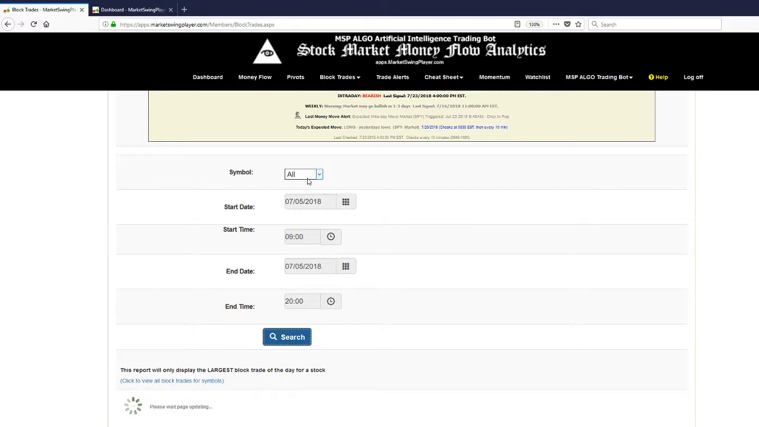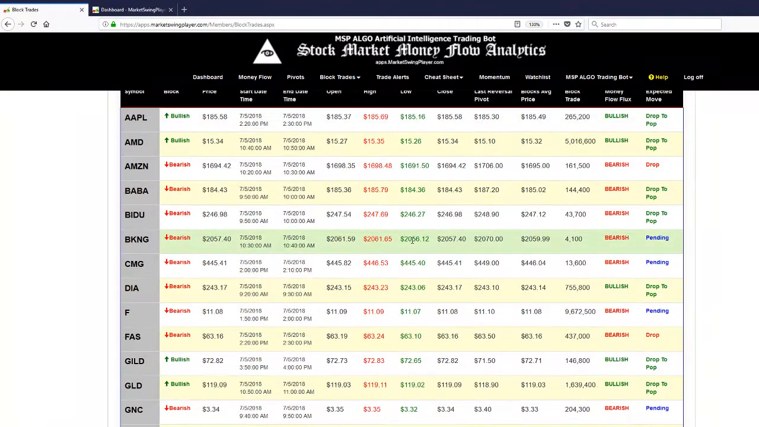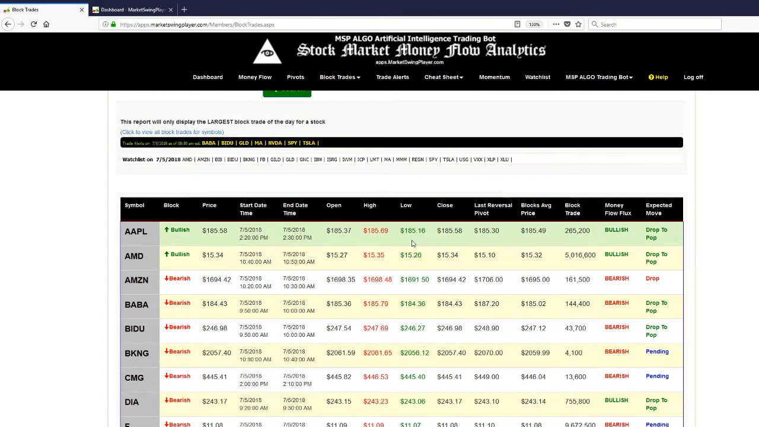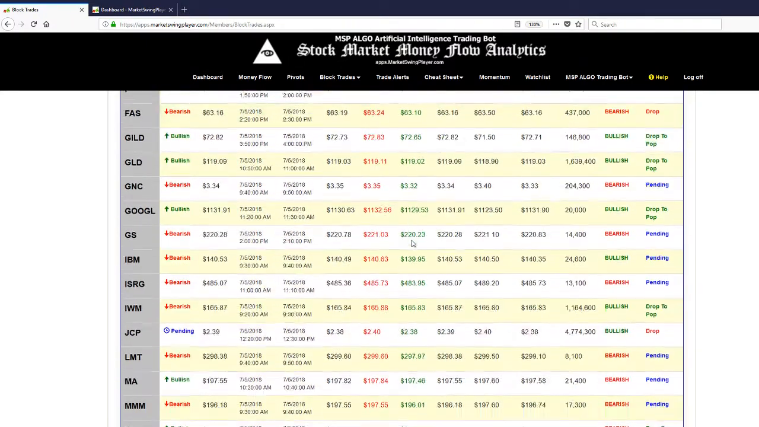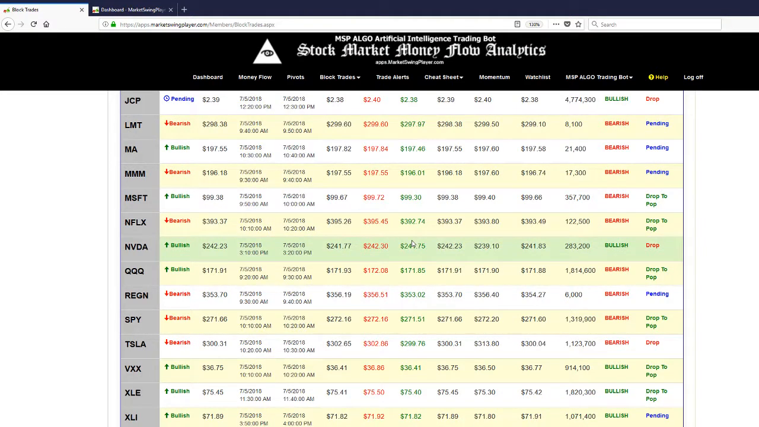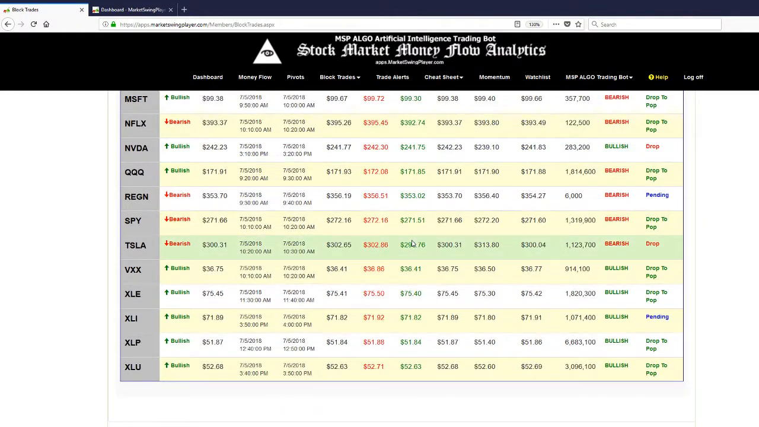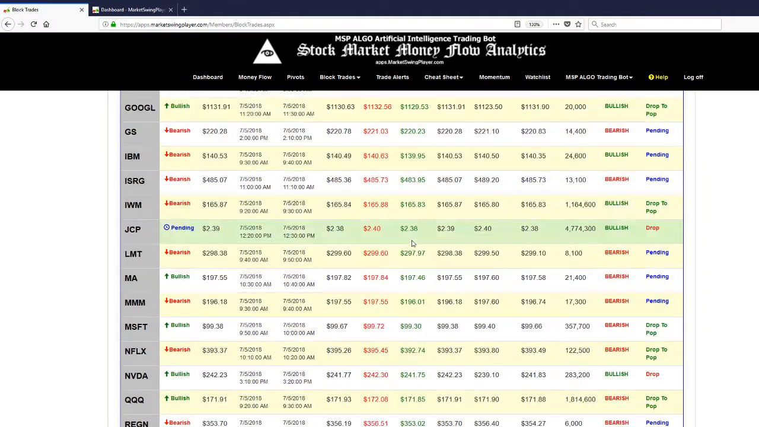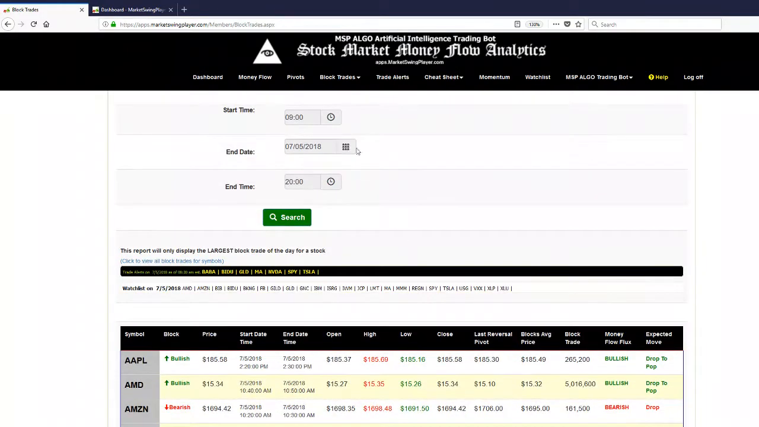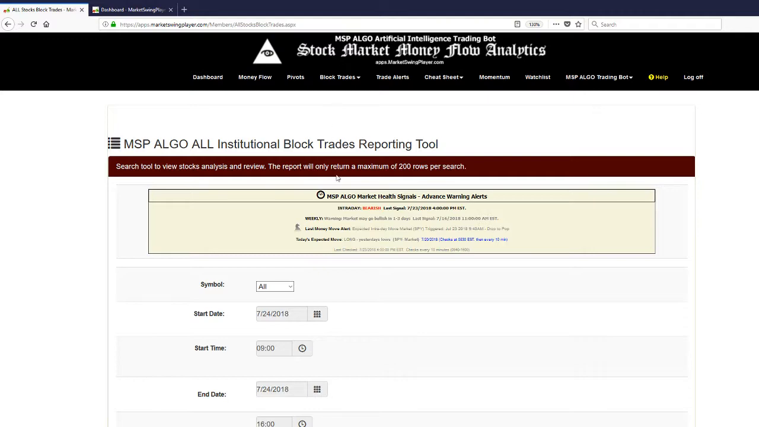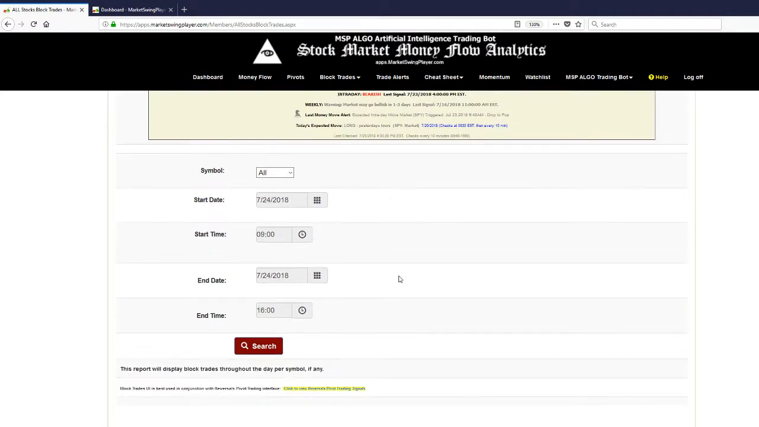So this just tells you the largest institutional algo generated blocks during that time frame. So we're doing a search here, and we can see we have some information here, and this is displaying the stocks that we follow, as well as a little bit more detailed information. Okay, so then we have all institutional blocks. That one was the largest institutional blocks. If you want to drill in and see all the blocks for that specific time frame,